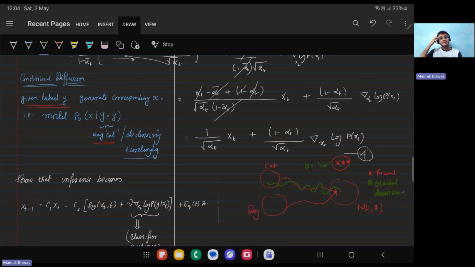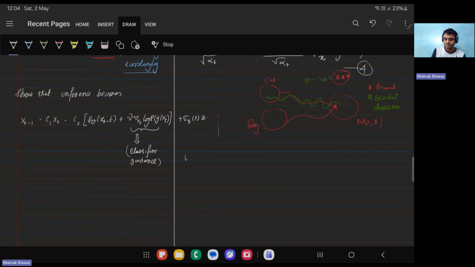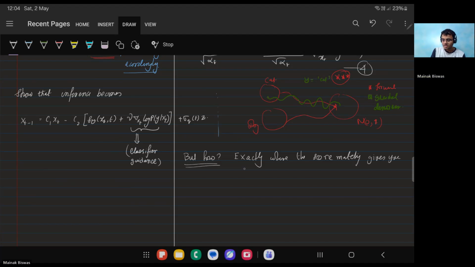Where you're trying to guide the distribution towards the cat distribution, the dog distribution, right? So let's now look at how we will be doing that. But how? This is exactly where score matching gives you the answer